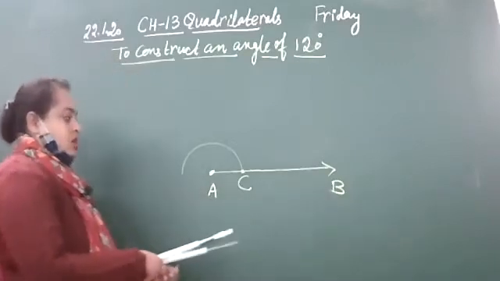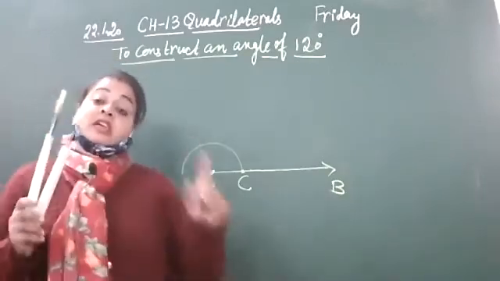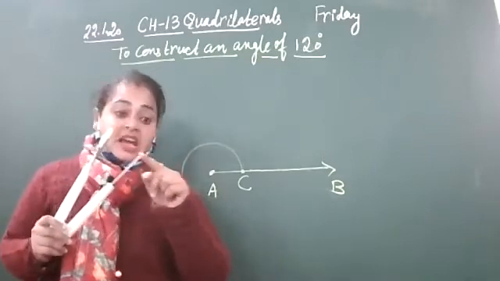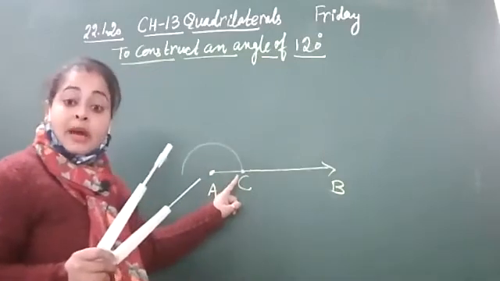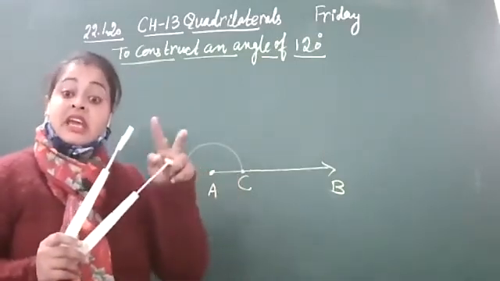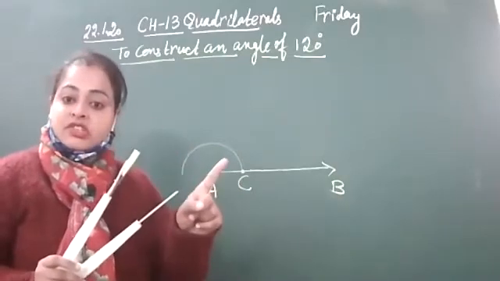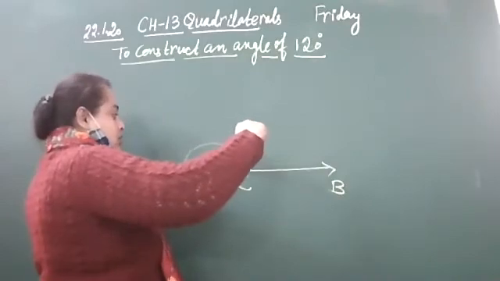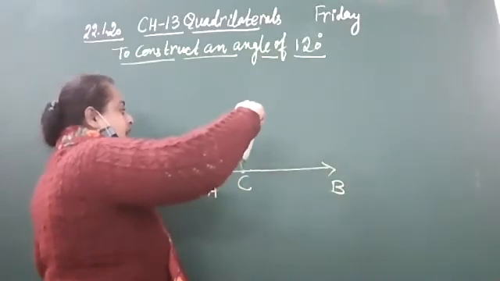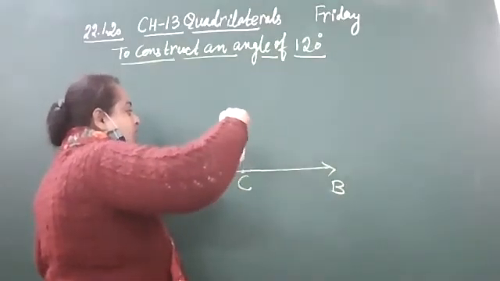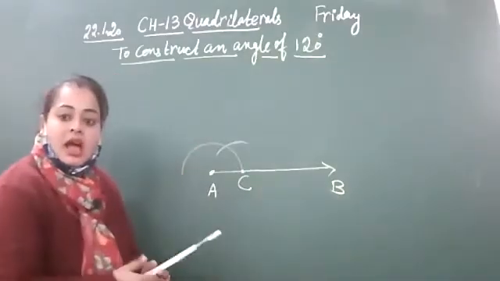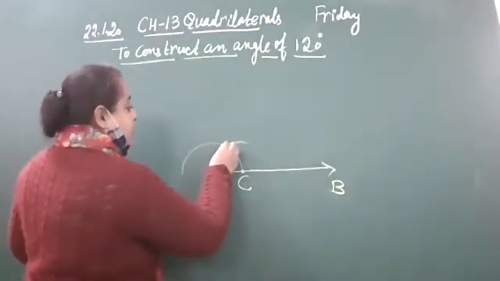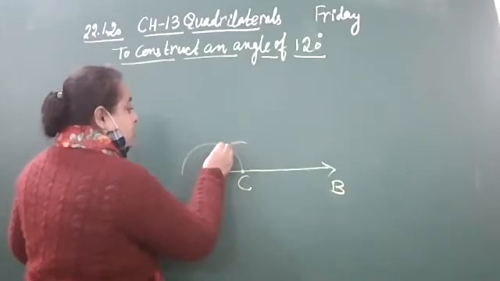Fine. Now, after that, again you will put your compass at C. I'm going to put the compass at the same size. You will not change the size. At C, draw an arc. This is termed an arc. Fine. And you will get one new point.